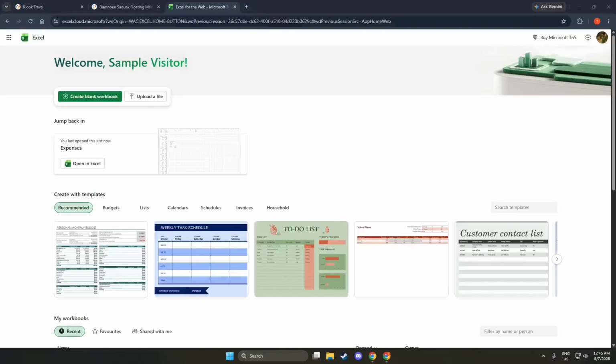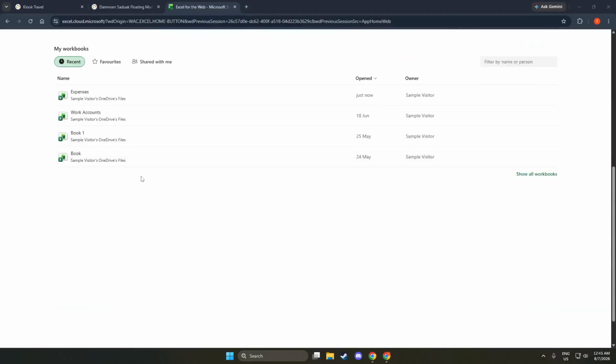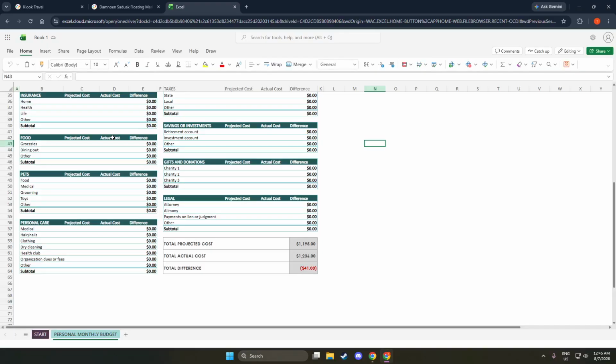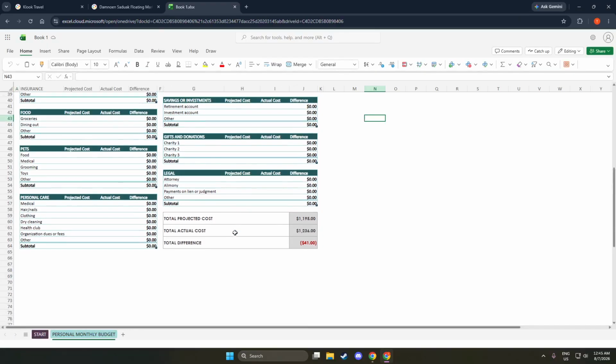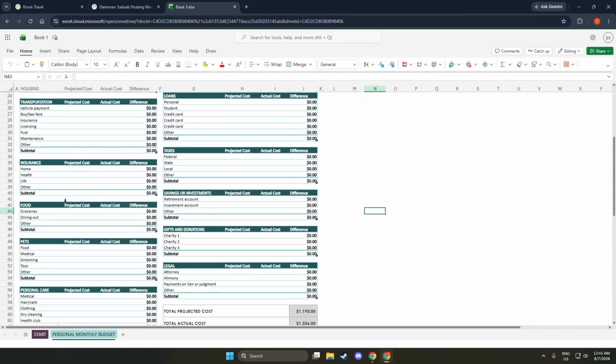In today's video, I'm going to teach you how to use Control H in Excel. We will walk through the Find and Replace tool so you can quickly update data without editing each cell by hand. Start by opening your Excel worksheet. This can be a brand new workbook or an existing file with data already filled in.